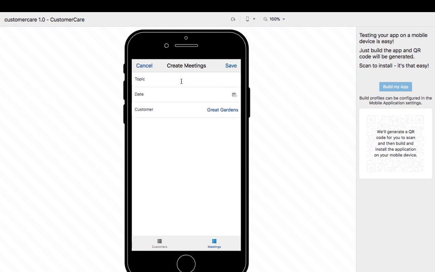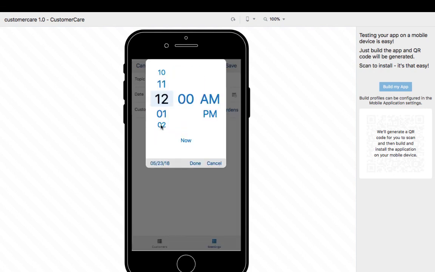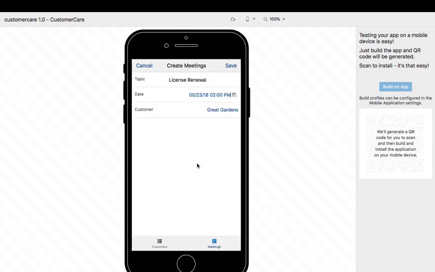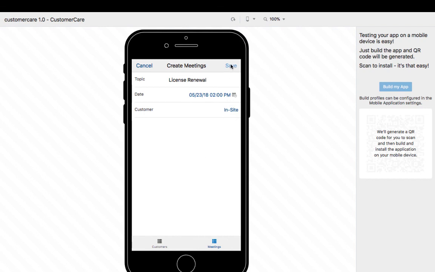We can put in a topic. Choose the date and time for this meeting. And from Oracle SaaS, pick up the specific customer we want to meet with. Save the information, and we have the information